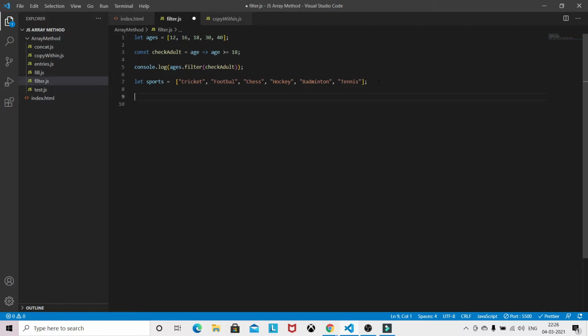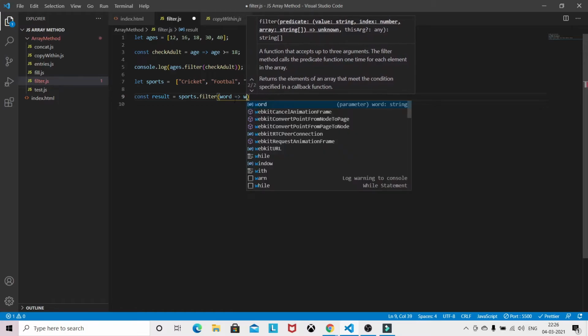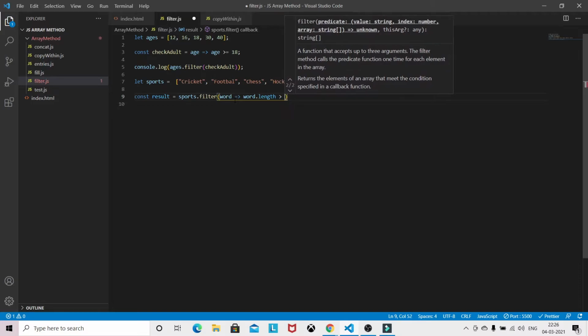Basically, I want the array whose words are of length greater than 6.